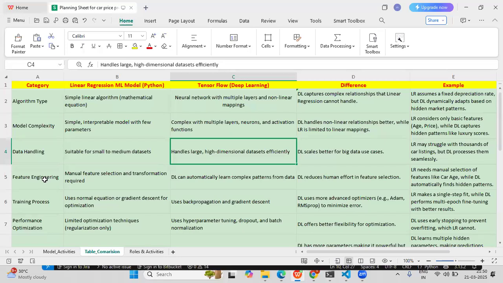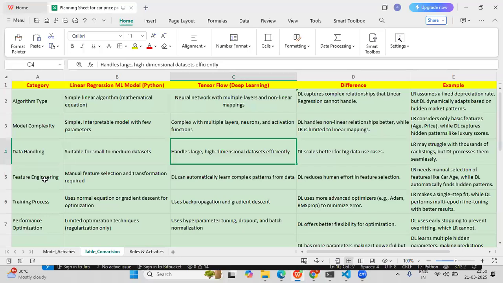In the linear regression ML model, manual feature selection and transformation operations are required. But in TensorFlow deep learning, feature engineering can automatically learn the complex patterns from the data through the multiple layers of the neural network. This is the advantage of TensorFlow deep learning.